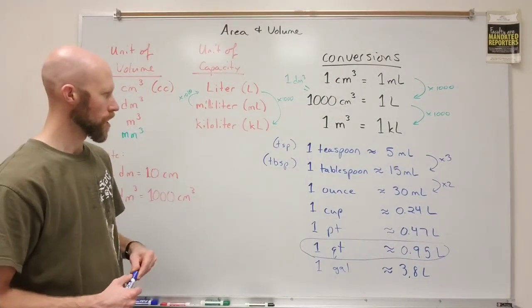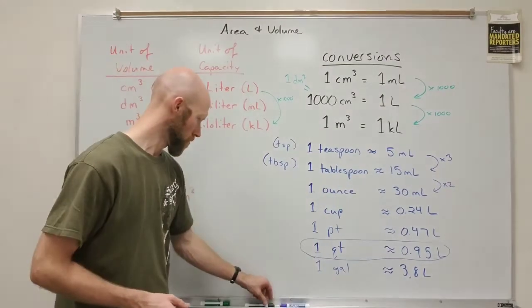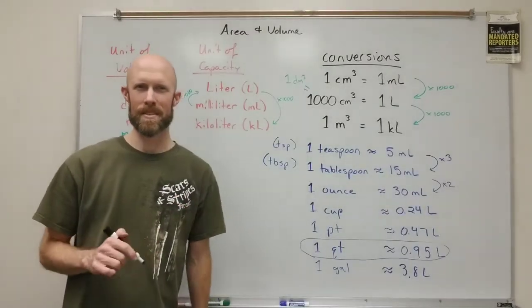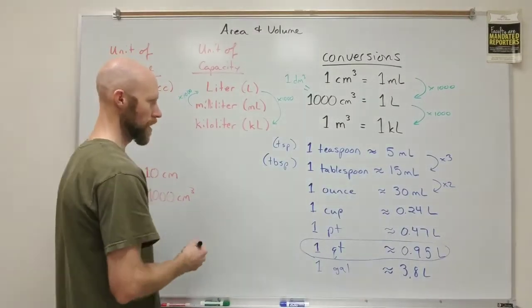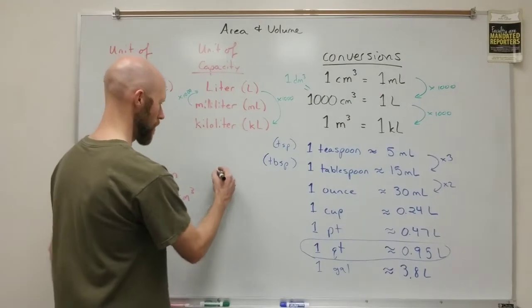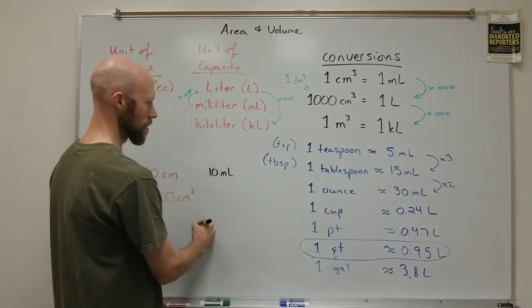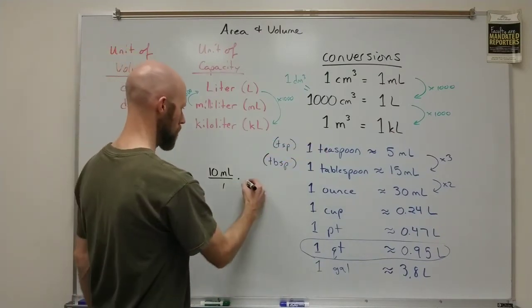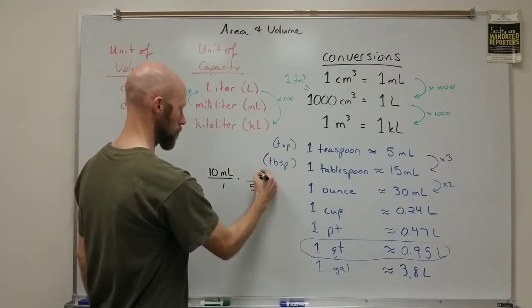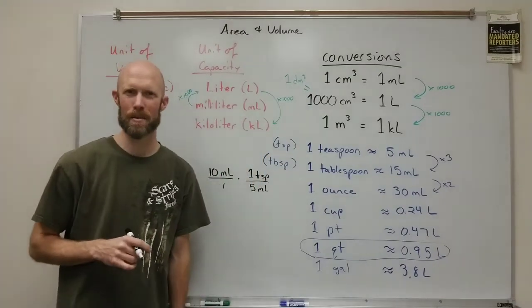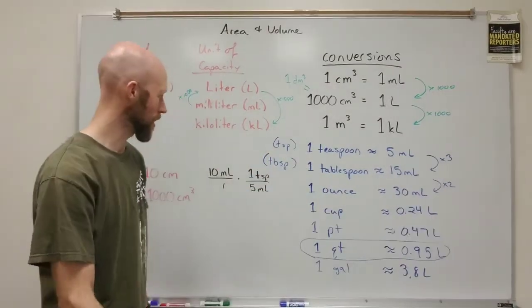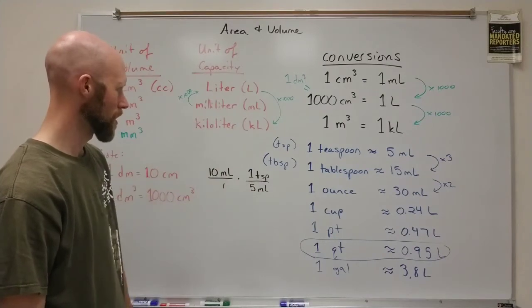And then of course, if you're looking to figure out, if the label on your kid's medicine says give them 10 milliliters and all you have are tablespoons, right? So 10 milliliters, you want to convert to tablespoons. Well, we know 5 milliliters is equal to 1 tablespoon, or teaspoon. Gosh, that's terrible. I was saying tablespoon, wasn't I? I meant teaspoon. Let's say all you have are tablespoons. What are you going to get? Well, you convert to